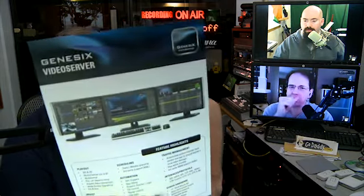Really my goal was to find a software package that I could run and use for live that would basically allow us to run live stuff from Tech Podcast without having to have so much hands-on management. The company that I found that did that was a company called Stryme, and they've got what's called the Genesis video server. Now, what this does